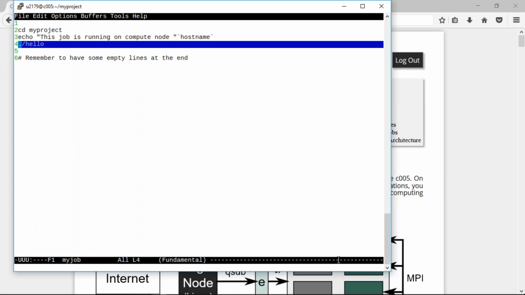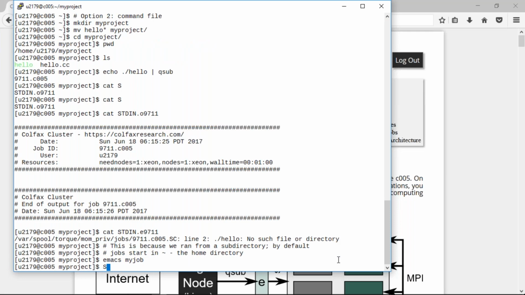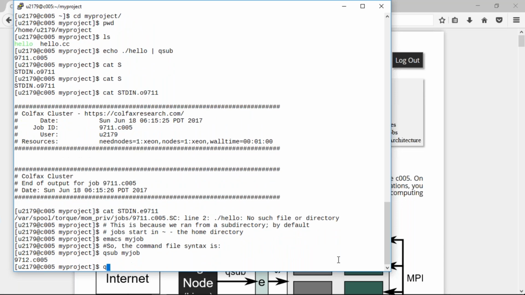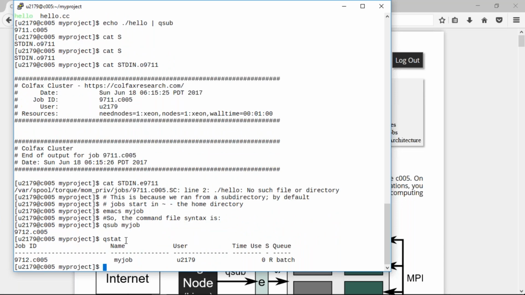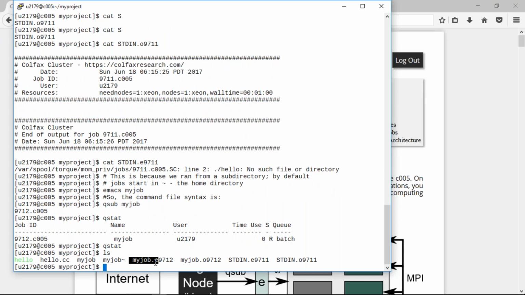Okay, so now instead of submitting a single command, I will submit a script. This is basically the command file syntax. The command file syntax is like this: qsub my job. Now, in the queue, jobs will be reflected with the same name as my command file. And when I get output, it will not go into stdin. It will go to my job.error, my job.output. You can see that